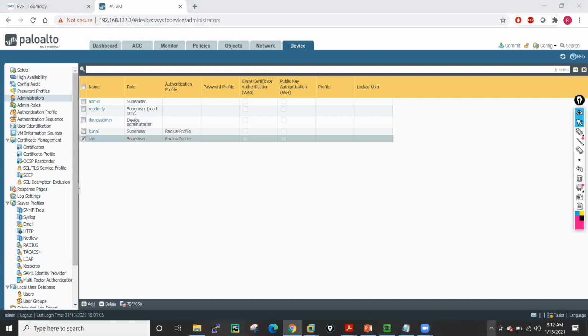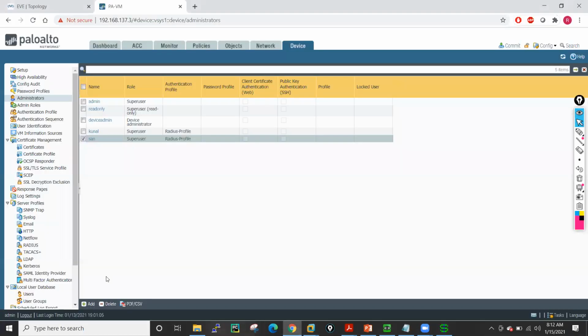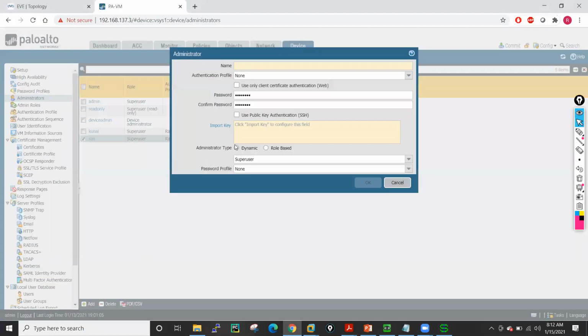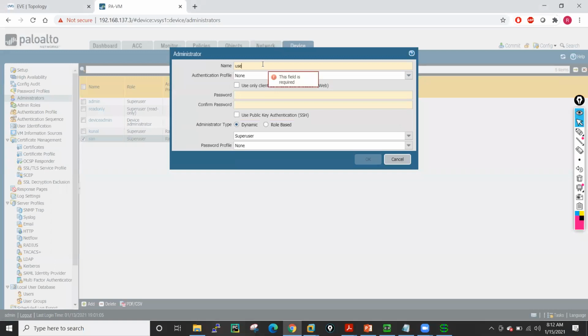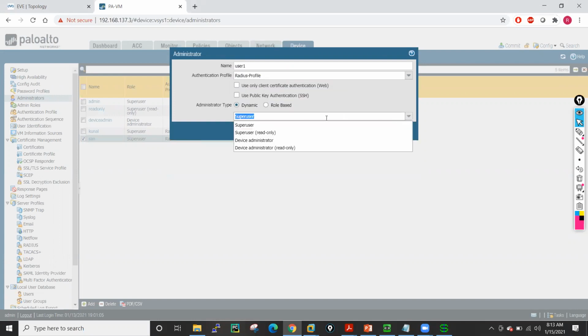Now I have other users, which are user 1 and user 02. So let me add these users as well. I will give user 1 the RADIUS authentication profile and read-only access.